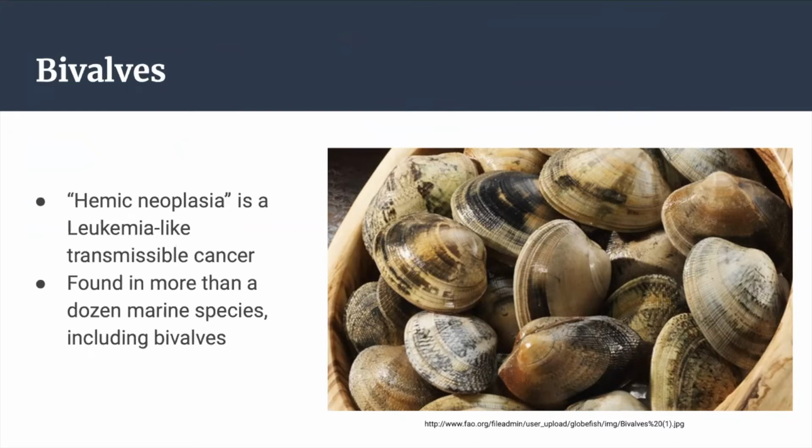mussels, and oysters. The leukemia-like disease has been found in bivalves across hundreds of kilometers on the east coast of North America. Despite being so far apart, the hemic neoplasia cells were nearly genetically identical. Transmissible cancer in softshell clams has been documented since the 1970s, indicating that it is at least 40 years old